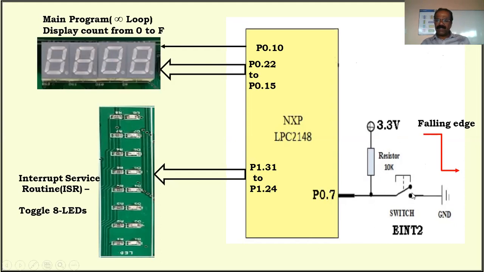Suppose you press this switch, what happens? This is connected to ground. Then what is the potential at the ground? That is 0 volt. Therefore, it's going to change its voltage from 3.3 volt to 0 volt. It means it's going to switch over from high to low. We call this a falling edge. During this falling edge, it comes to know that there is a request, an interrupt from external devices or from external events.